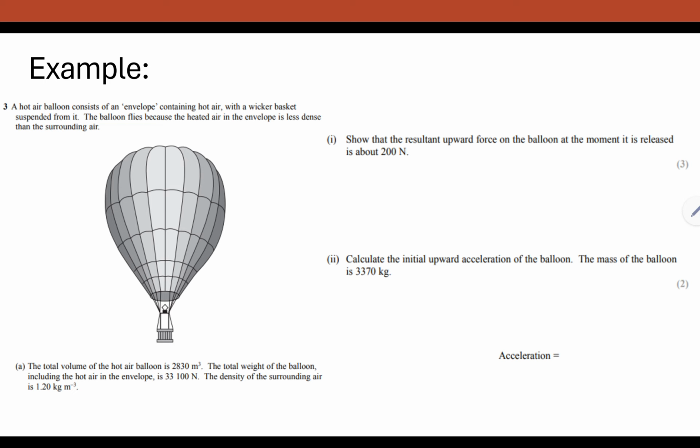So we're going to be answering part i first. So we know that the total weight is 33,100. Now to find the resultant we need to find the upthrust. To do that we just need to do the total volume multiplied by the density, as the formula for upthrust is ρvg, and we need to times it by 9.81 as well. So you do 2830 multiplied by 1.2 times 9.81, and when we do that we get